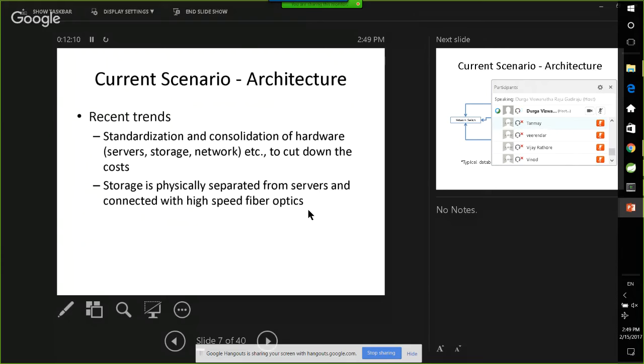Now, because of the standardization, your storage is network mounted. CPU and memory will coexist, and on that, you will have only your database binaries. You will not have data on the server. Instead, data will be network mounted. So the database engine is smart enough to do the network I/O and get the data whenever you request it.